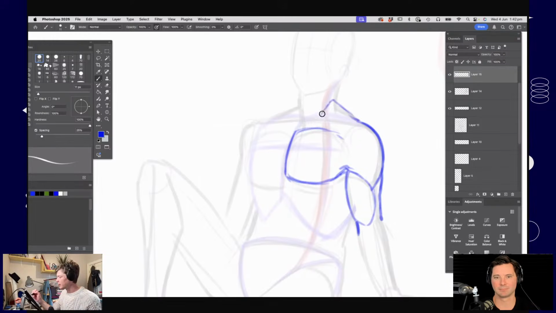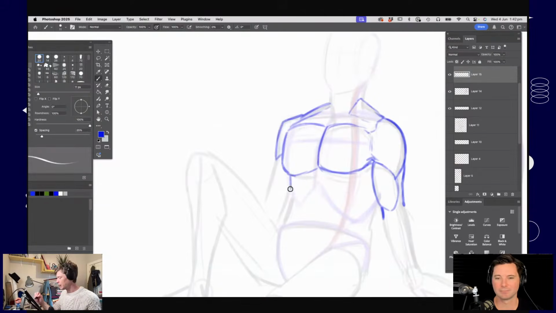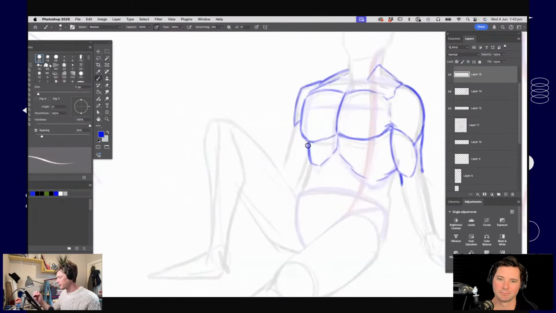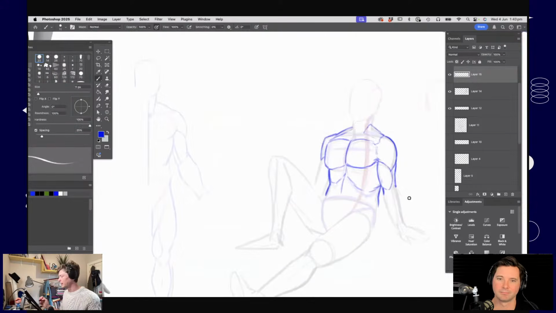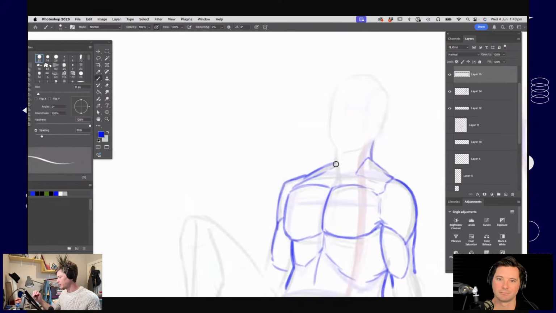We've got a line of the muscles on the shoulder. So we're just slowly building up from our basic stick figure and adding these broader shapes on top. Now I'm going very slowly. We're not really getting to an interesting character. We're just focusing on the body right now, but all of these things will start to inform our character as we build it up.